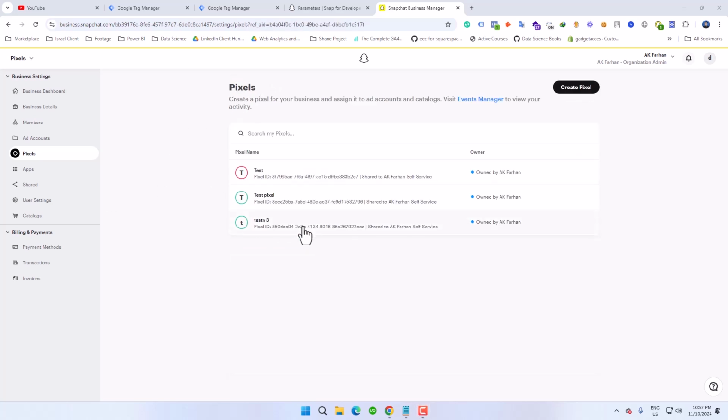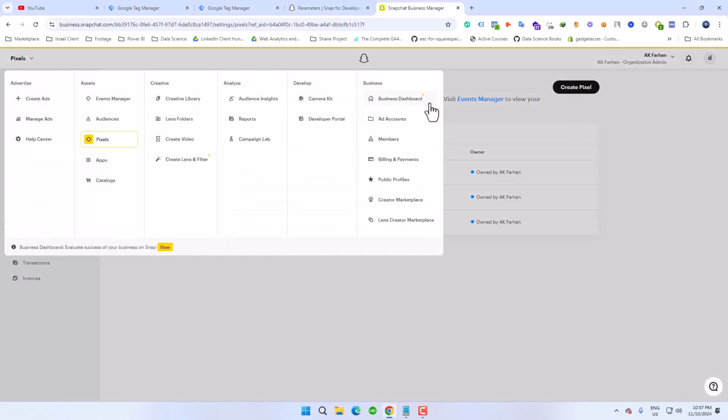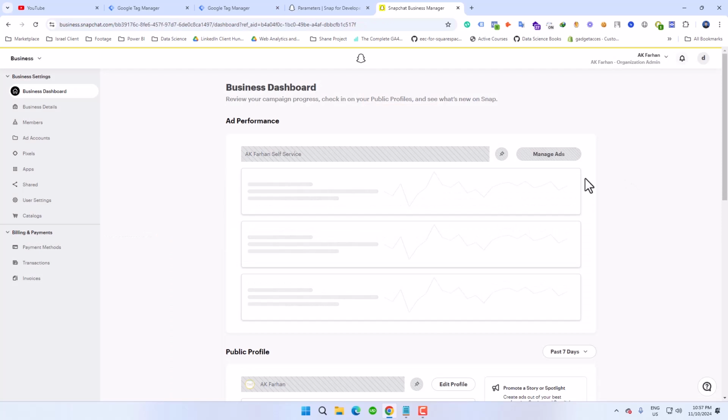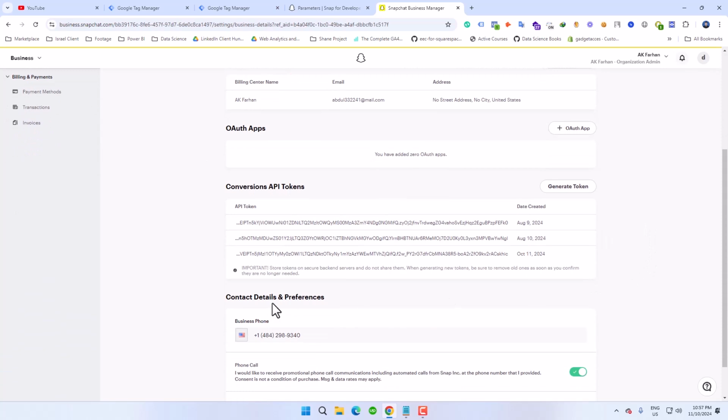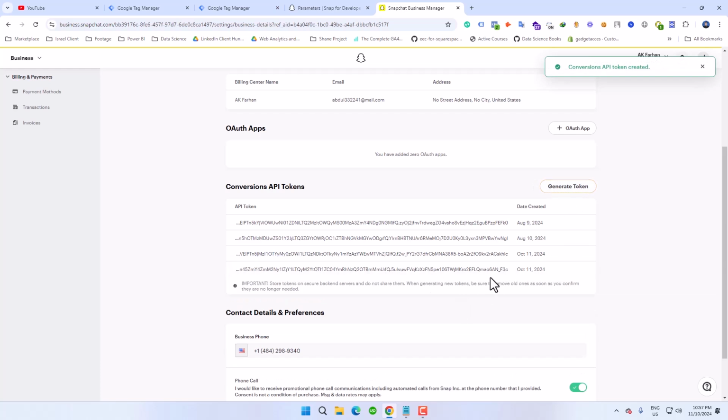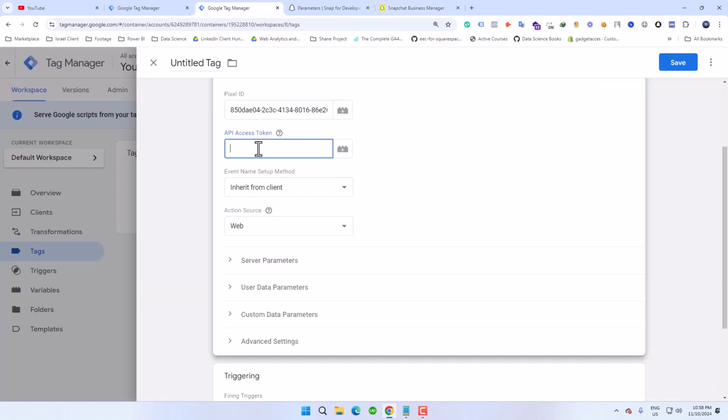Okay, from the Snapchat Business Manager dashboard, you have to go to the business dashboard. Then from the business dashboard, you have to go to the business details, and from the business details, you can see an option for the conversion API token, and you have to click over generate token. For the new token, I have to send this event with a new API. That's why I have to click over generate token, and I can see this token is now generated, and I have to copy this token,